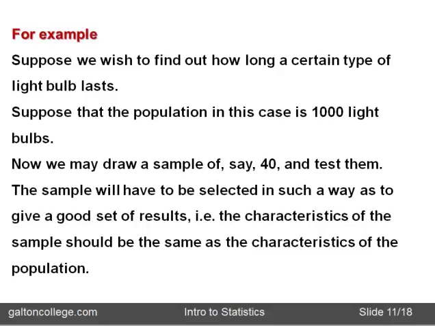So what you would do if you were the producer is you'd pick a sample. Now the size of the sample will be worked out by statisticians, but let's just say here, to keep it simple, let's say it's 40. You'd pick out 40 randomly. You'd pick them out without any prejudice, without any predilection for a certain light bulb, without picking a light bulb because you like it. You just pick them randomly.